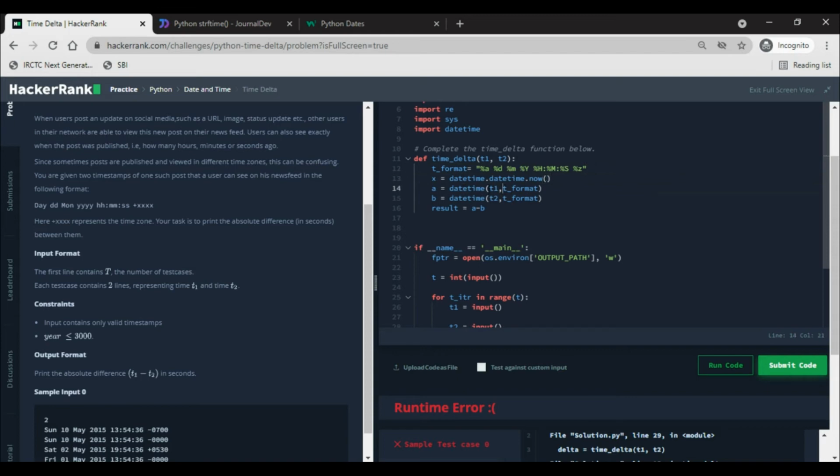Datetime dot now x dot strp x dot strftime. Same thing, but with t2.